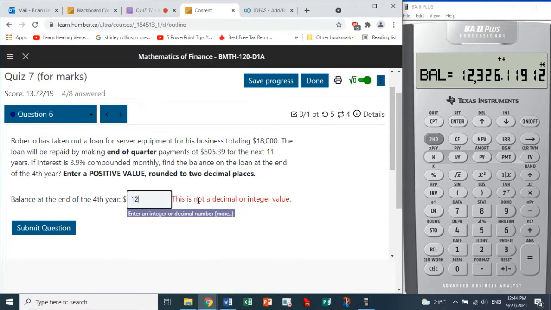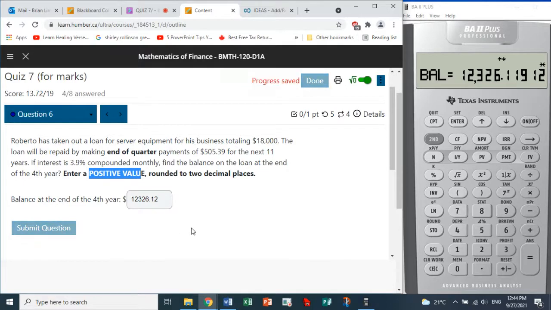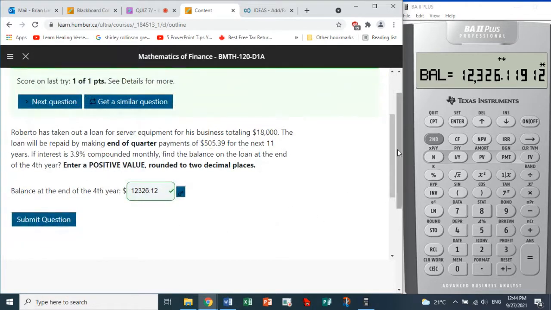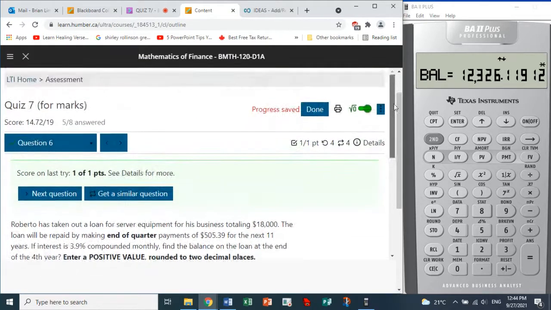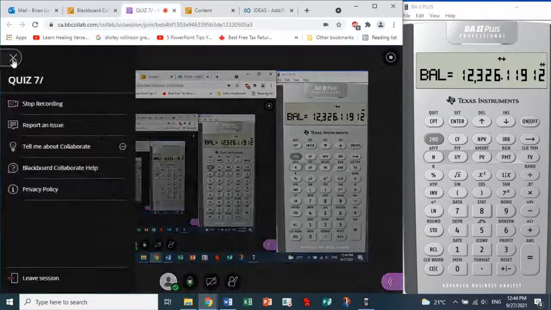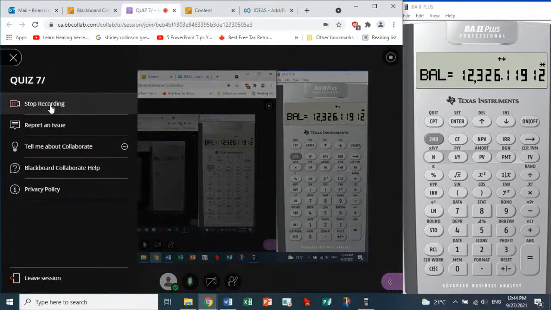It's 12326.12, and hopefully that is correct. Enter a positive value. Okay, so that is what we did, and we are correct. Okay, so let's stop here for now, and I'll continue with the other questions on another